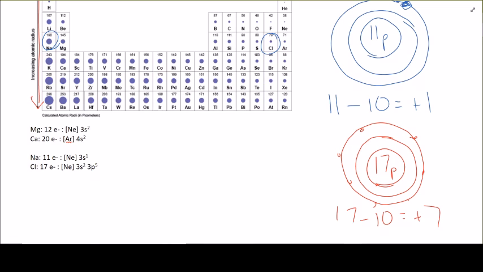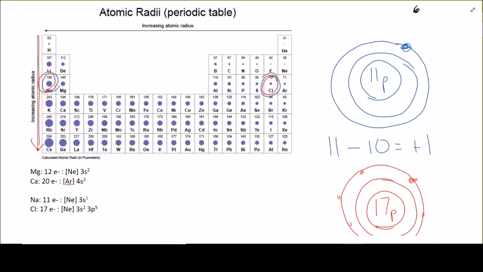That means that there's a higher effective nuclear charge on electrons on the outside. So there is a higher attraction for the electrons on the outside to the nucleus versus that of sodium. So because the electrons are held tighter, then the radius of chlorine is much smaller than that of sodium. Trend is if you go to the left, the atomic radius